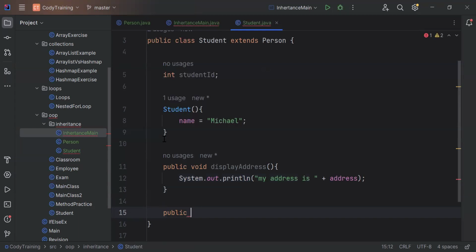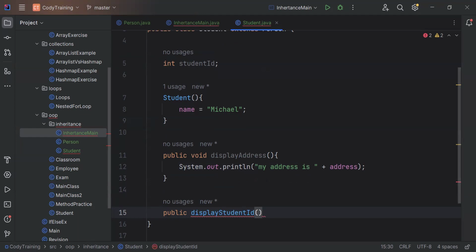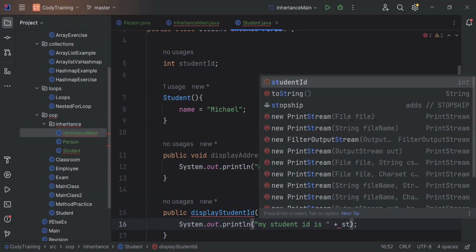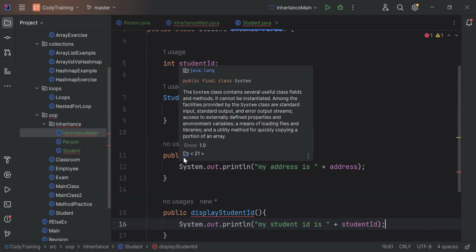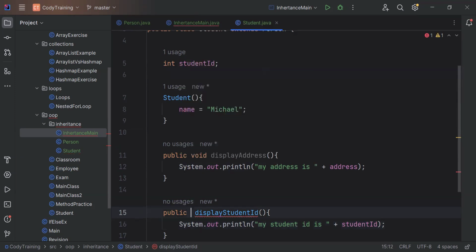I will call it display student ID. My student ID is student ID. Yeah, this one is void. Okay,